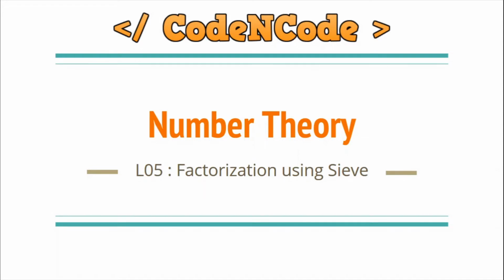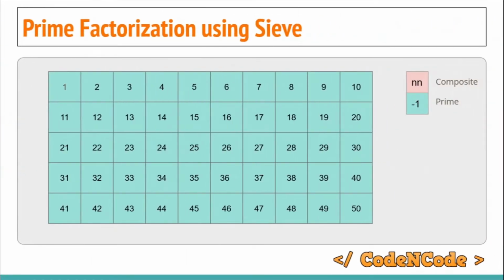In this lecture we are going to study about prime factorization of a given number n. But this time we would use Sieve so that prime factorization of a number can be calculated in logN time. So what we are going to do,